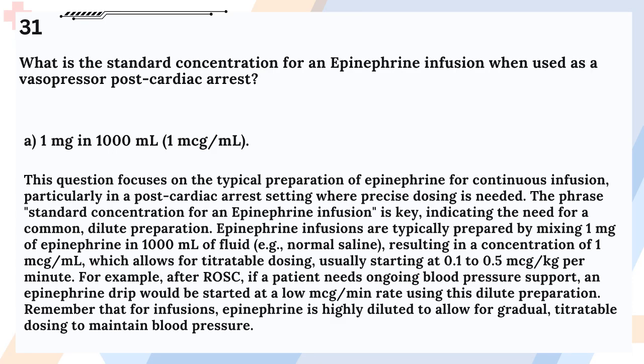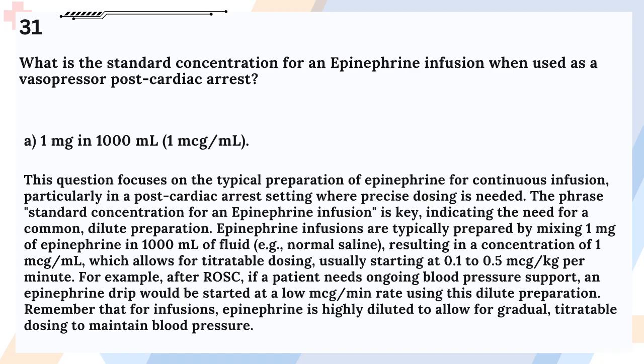Answer: A. 1 mg in 1000 ml, 1 microgram per milliliter. This question focuses on the typical preparation of epinephrine for continuous infusion, particularly in a post-cardiac arrest setting where precise dosing is needed. The phrase standard concentration for an epinephrine infusion is key, indicating the need for a common, dilute preparation. Epinephrine infusions are typically prepared by mixing 1 mg of epinephrine in 1000 ml of fluid, e.g., normal saline,